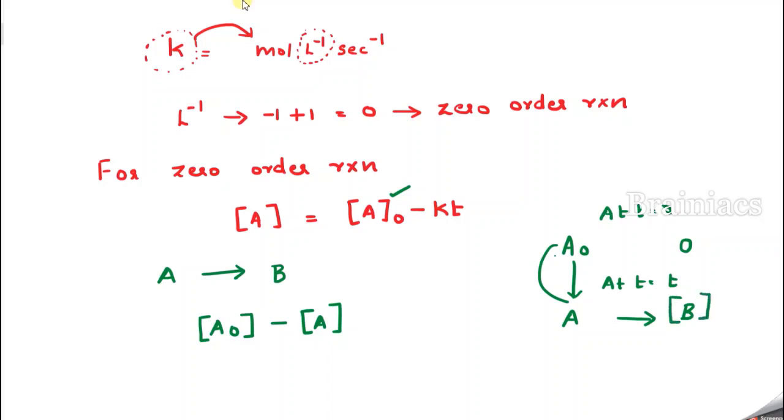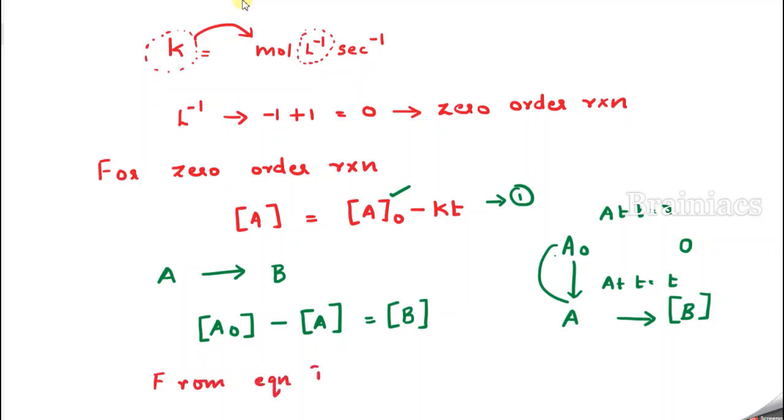So we can say A0 minus A, this is equal to what actually? The formation or the amount or the molar concentration of B. But we already know that from equation 1, we know that A minus A0. Okay, let me rub it, it's not clear. So from equation 1, we can write